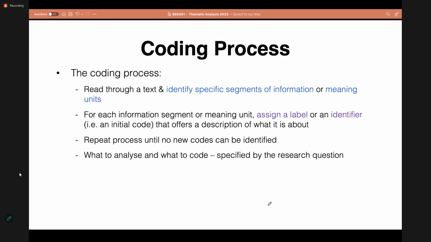We keep repeating this process until we can identify no new codes. So we go through all our data, and every aspect of our data that's relevant to answering our research question, we have identified.